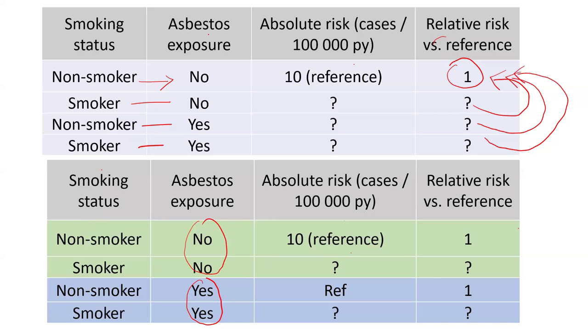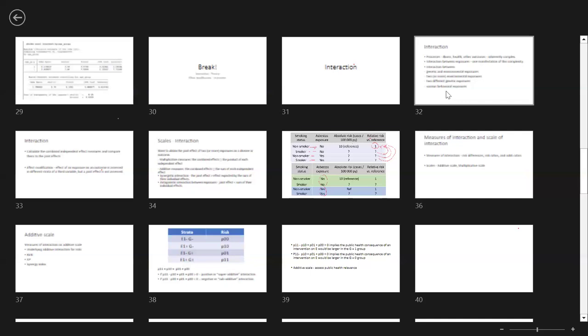When I say I'm interested in interaction and not effect modification in my reporting, I am going to report the upper table, where I calculate the relative risk of each of the exposures to the reference group in which both the exposures are absent. This